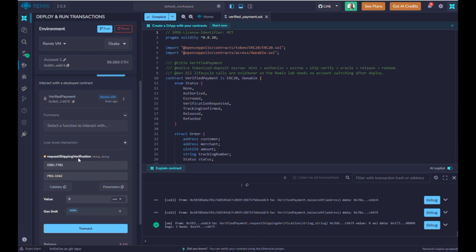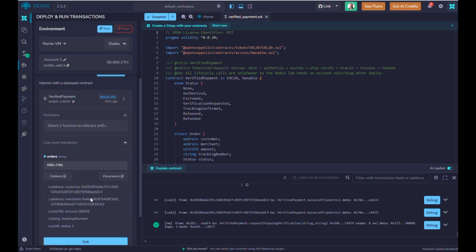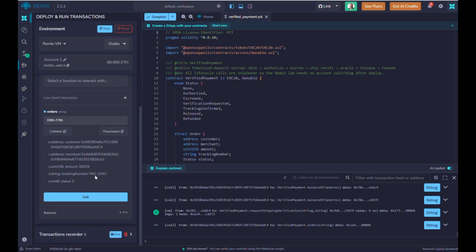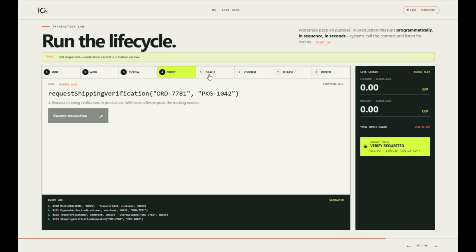That is all set. Notice that when we go back to our ERC20 function called orders and we recall it, we're going to see the package number here. So the current state of our order now contains the current updated package information. All right, the next step in this process